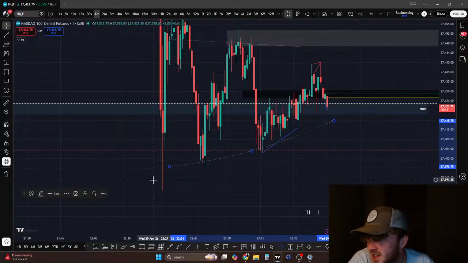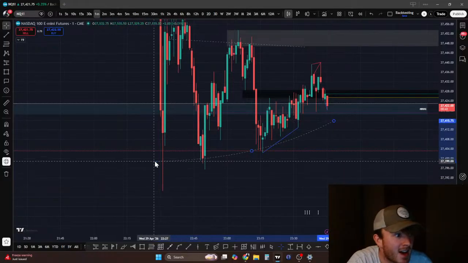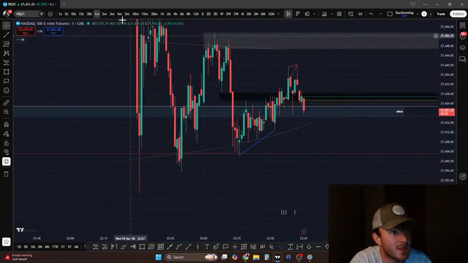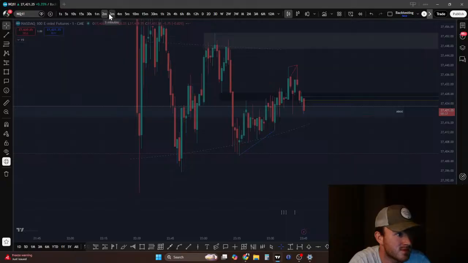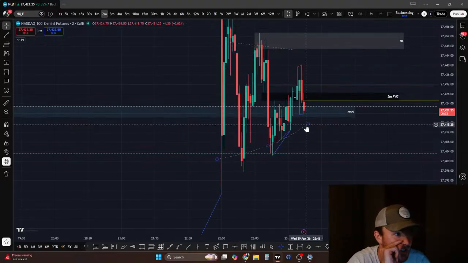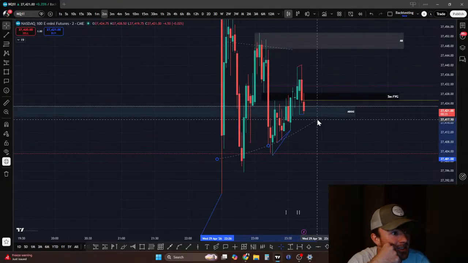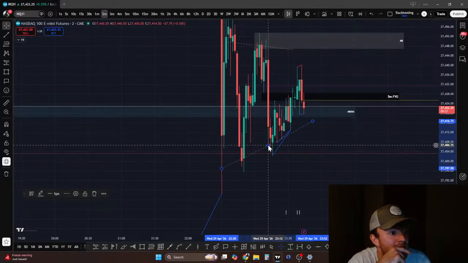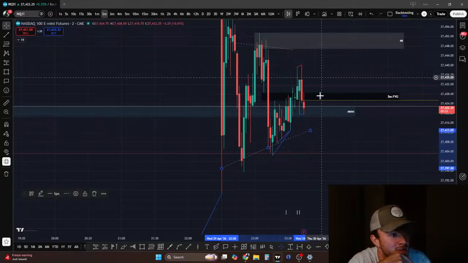Okay, I'm kind of interested in these longs. I know I initially wanted shorts. Well, shorts could definitely play out. Oh man, I don't want to go against what I initially thought, but I kind of feel like we will just sweep the low and then go up.